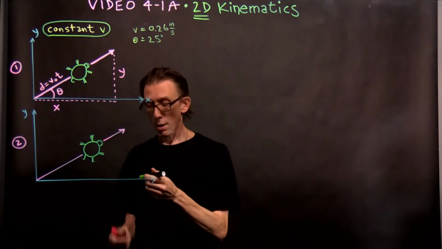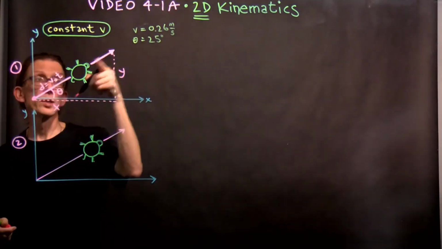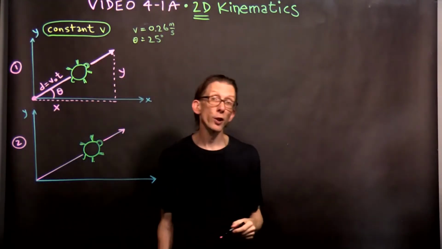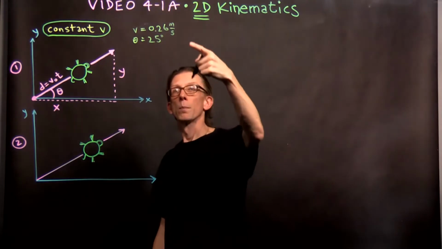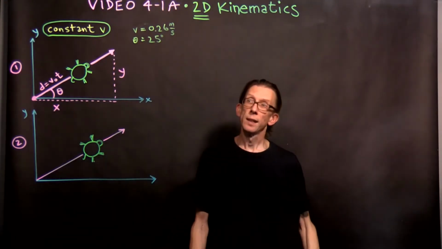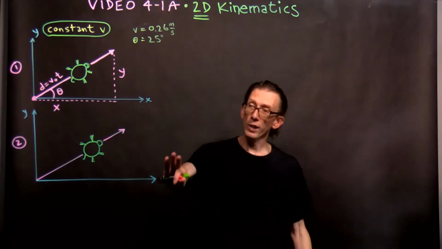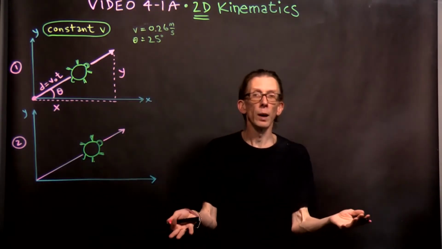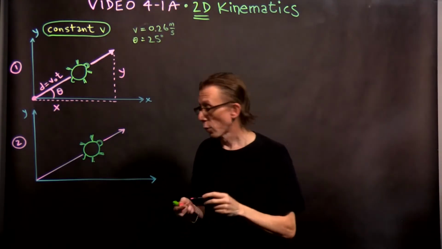It's a turtle. Okay, very dramatic way to start things off, you know, with a bang. A turtle moving from the origin up to some point up here. This particular turtle has constant velocity, 0.26 meters per second at an angle of 25 degrees above the positive x-axis. We'll get to this drawing, and we're basically going to consider answering a certain question in two different ways. And the question is this: